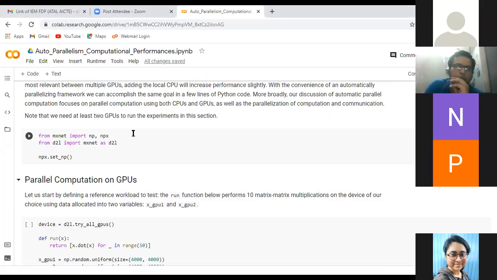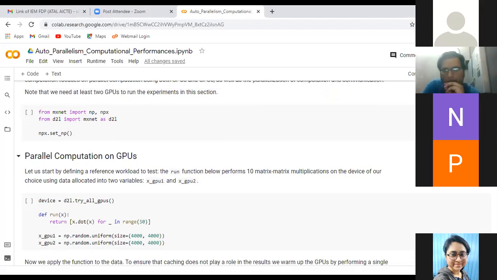So first of all, please incorporate this part. Then we will go to the next part, the parallel computation on GPUs, and see how the GPU helps in terms of parallel computation. This is a very important part, because we have already seen hybridization and asynchronous computation. Now this parallelism will give you the idea of how the GPU executes parallel tasks while executing